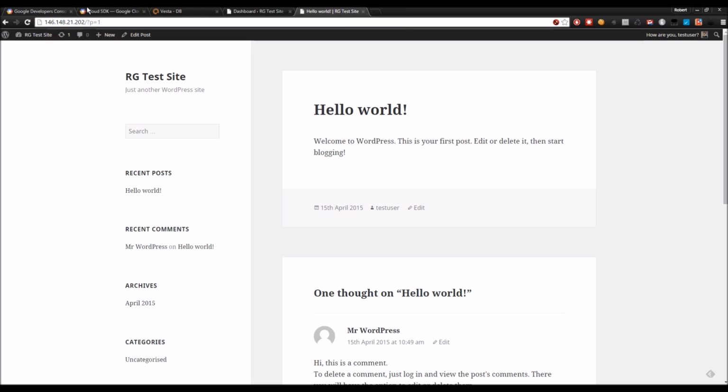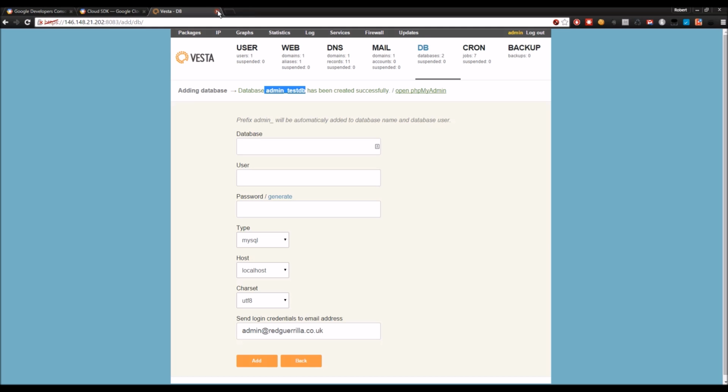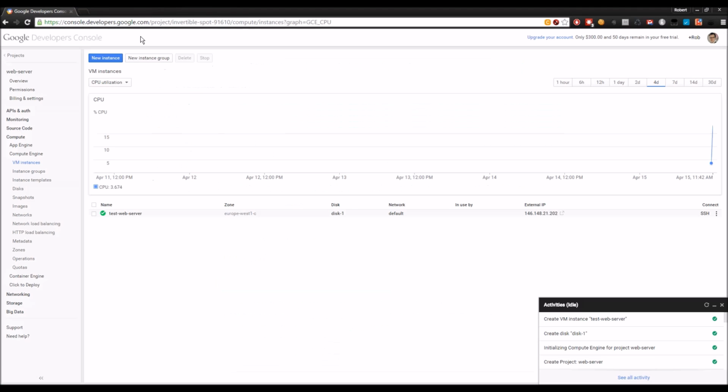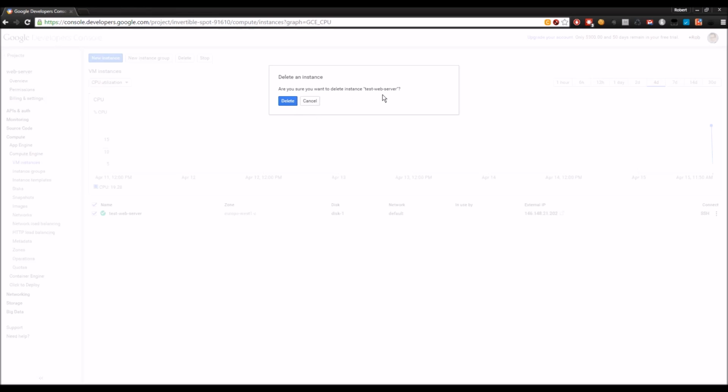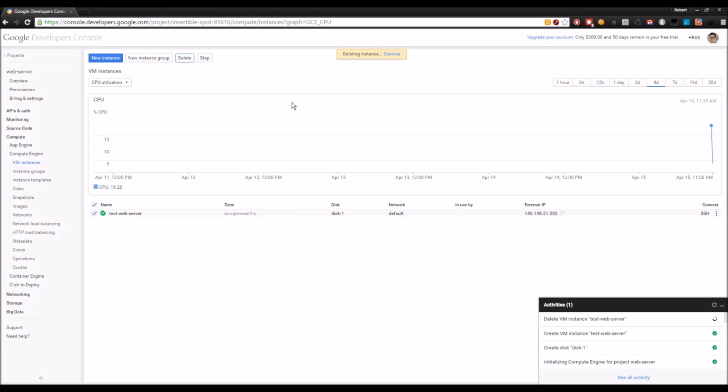So really, let's just cover what we've gone through. We've set up a brand new project in the Google Developers Console. We've created a new disk image of Linux. We've attached that to a brand new created virtual server instance, and we've booted to it. We've set up Vesta Control Panel to allow us easy web server management of things like databases and DNS and websites and all that lovely stuff. We've SSH'd or secure connected through secure FTP through FileZilla and uploaded a fresh brand new install of WordPress, and